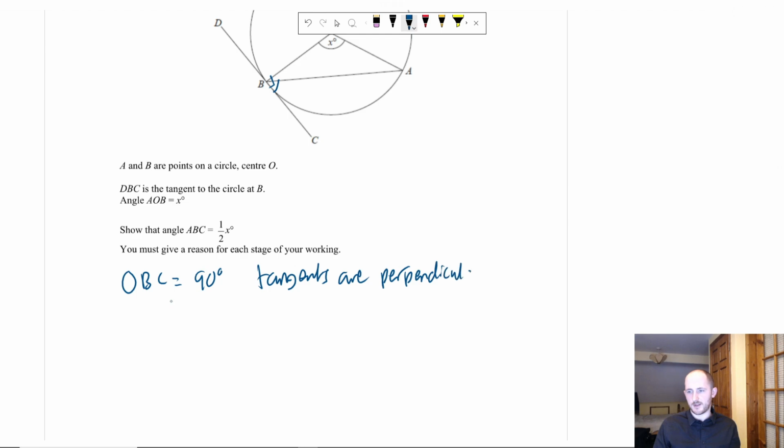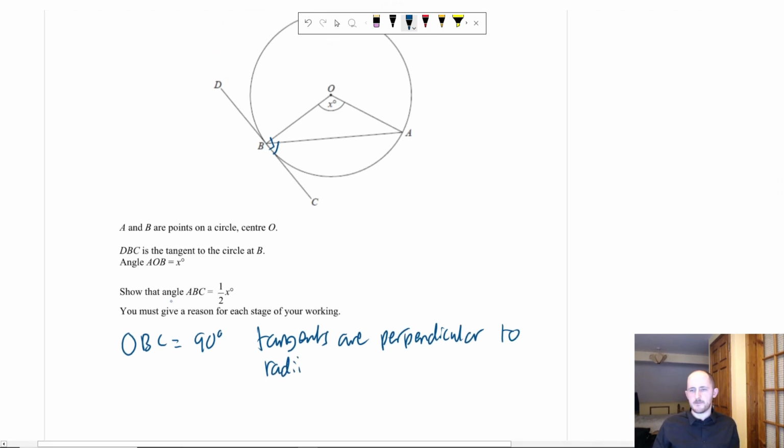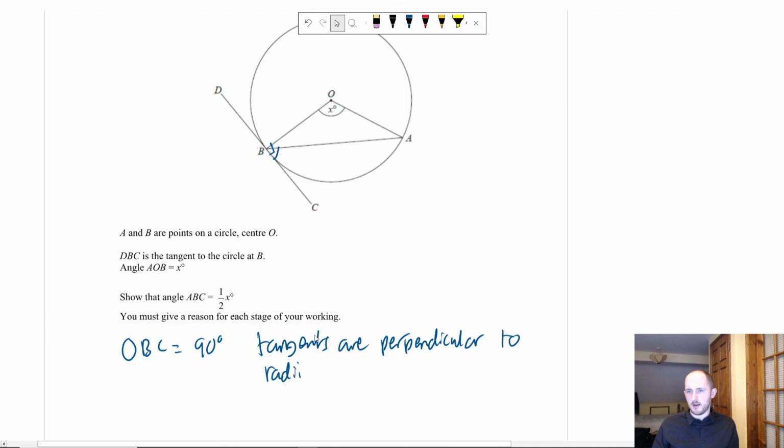Yeah, I'm sorry, I can't write that faster on the graphics tablet. Tangents are perpendicular to radii. Okay. Which would be a mark because we're going to use it in our working out. Now, if I look at this triangle here,